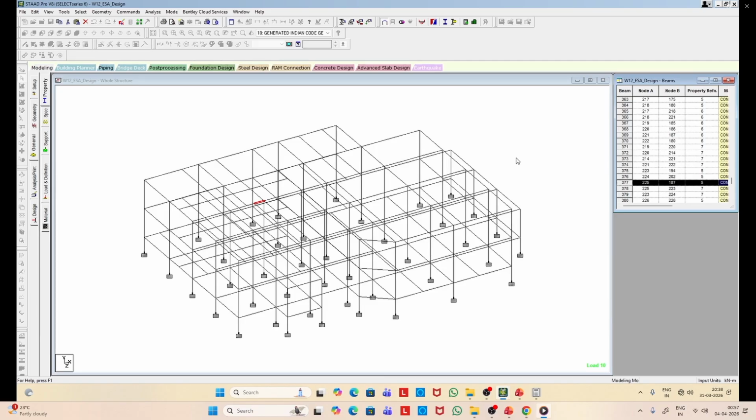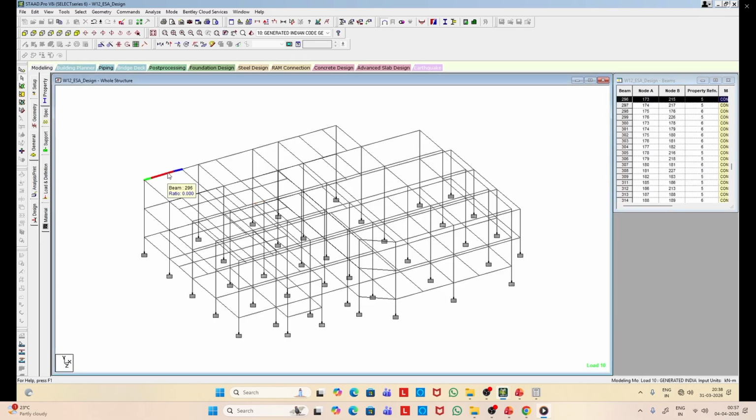So what we'll do, we'll see the load cases once more, and we'll see what are the critical load case corresponding to the design, and what are the values of structural response corresponding to those load case.